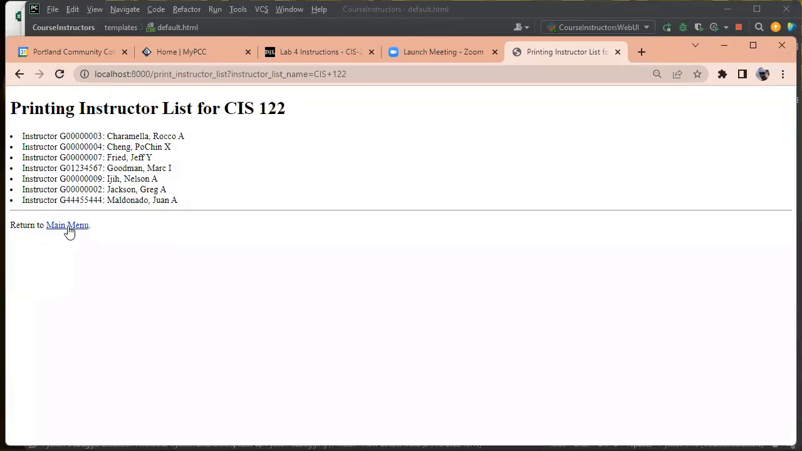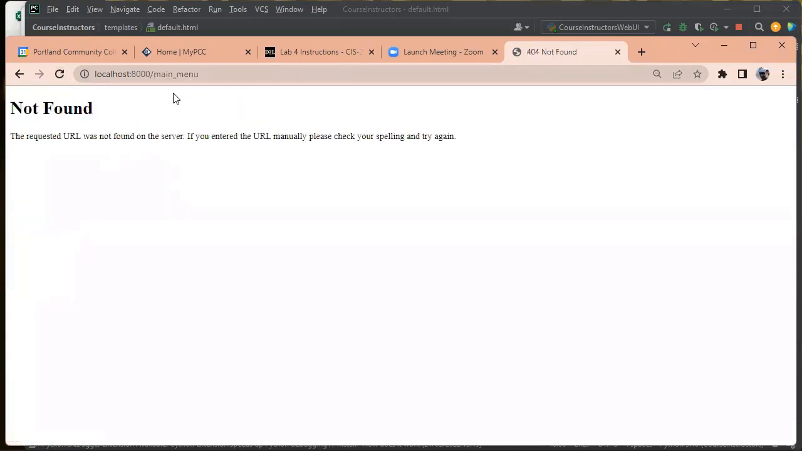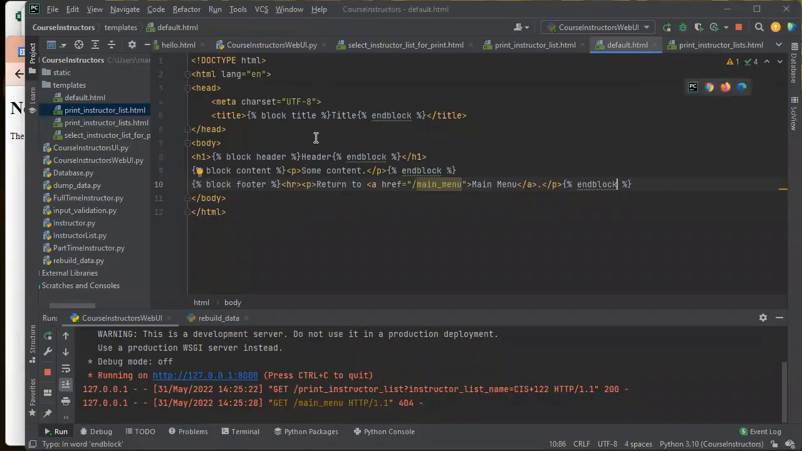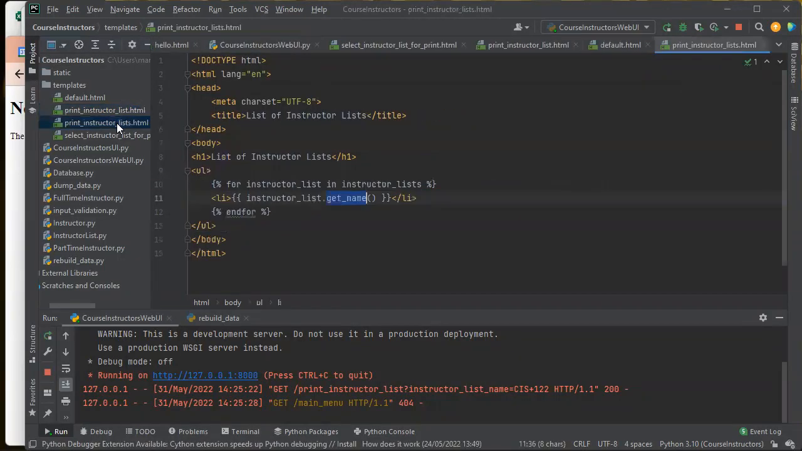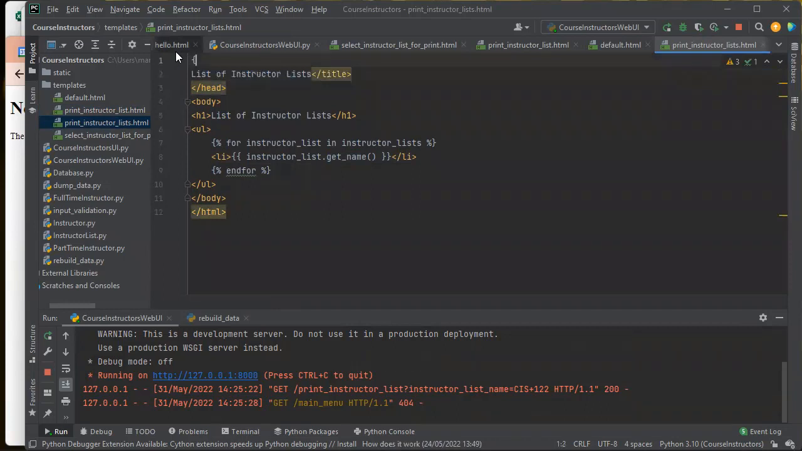So now it's got it returned to main menu here. And if I click it, it takes me to the main menu endpoint, which doesn't exist yet. But I'm going to do the same thing for my print instructor lists. So this is going to be extends default.html and then block title, end block